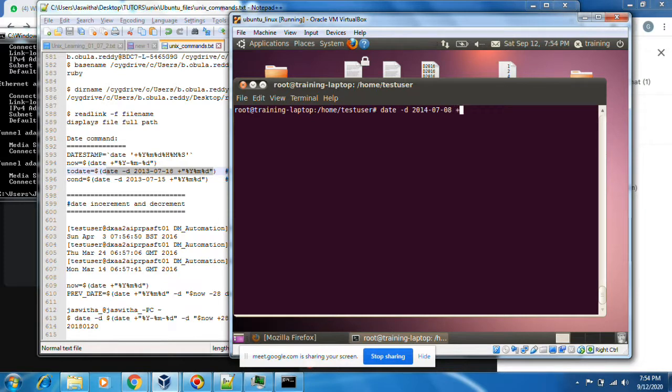I want to change this date format to a different thing, something like %d. You can put any format. It will come like slash. You can put year, month, date also as you wish.